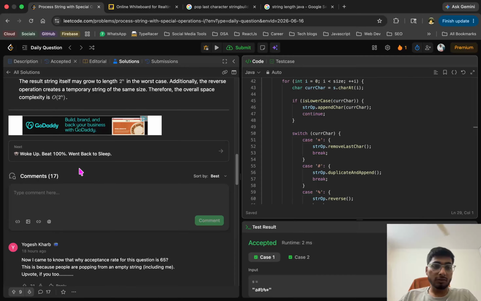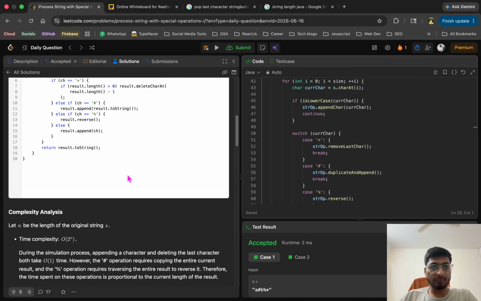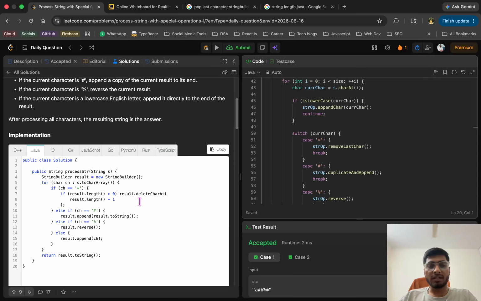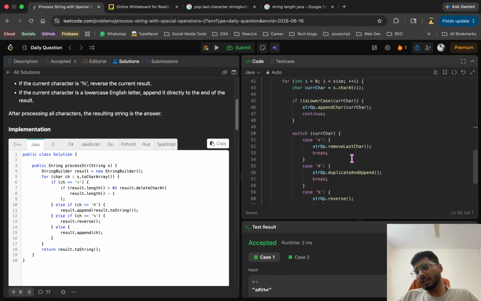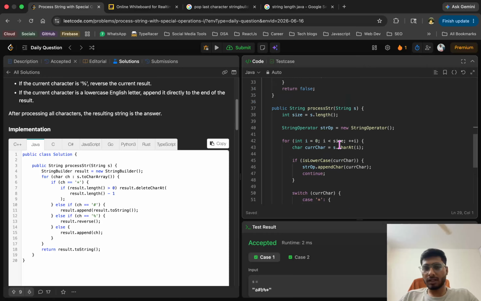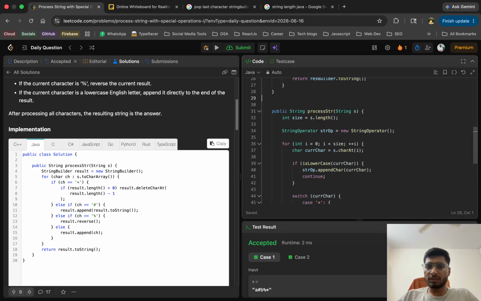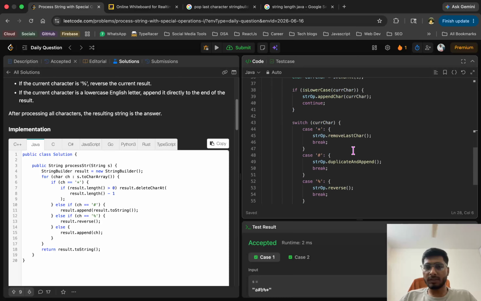Okay, this person also woke up, beat 100%, went back to sleep, but I'm not going to see. I think it might be more on the language specifics also, since C++ is, I think, a bit faster. I think we might get this kind of increased runtime compared to Java with the same operation, right? So anyway, let's do this instead, and we will say,